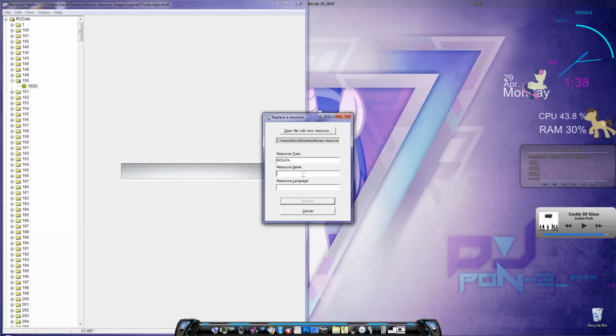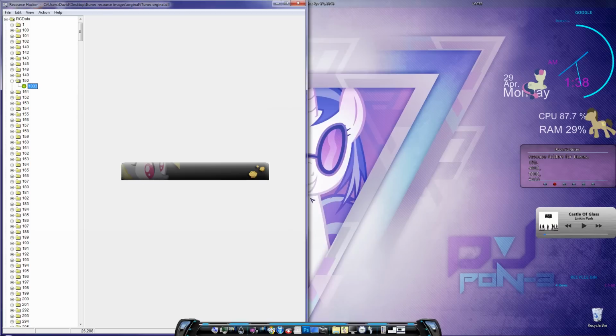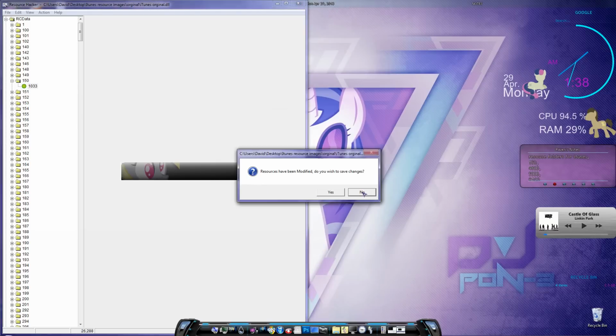Resource name 150. Resource language 1033. Replace, there you go. And then once you've finished skinning all your files,